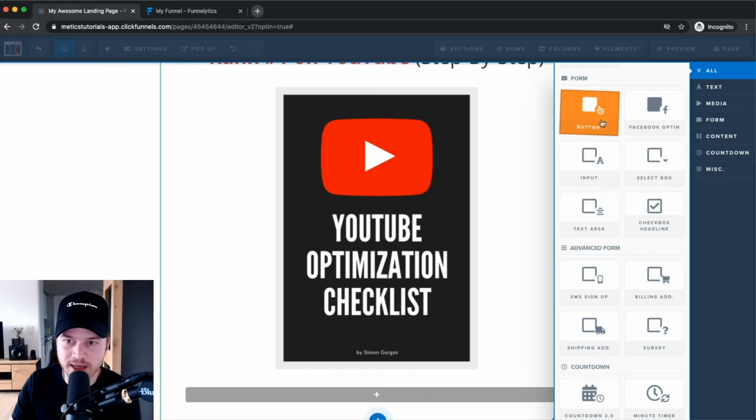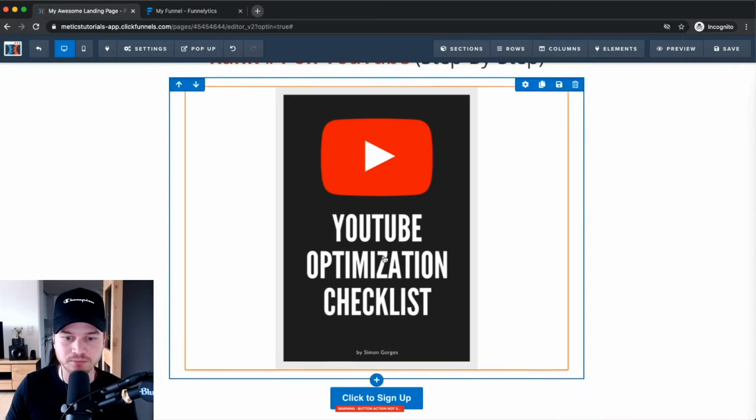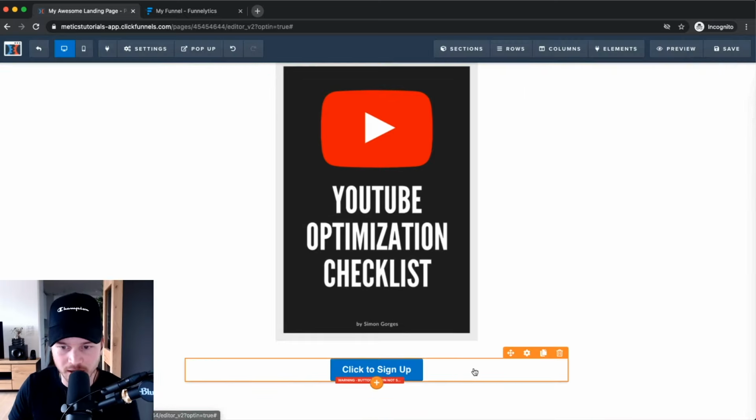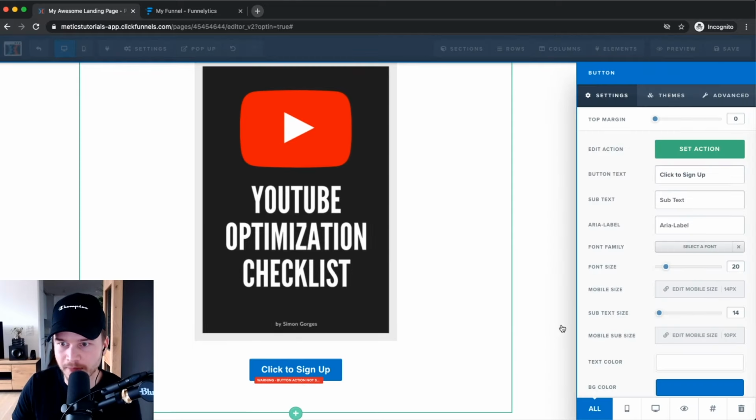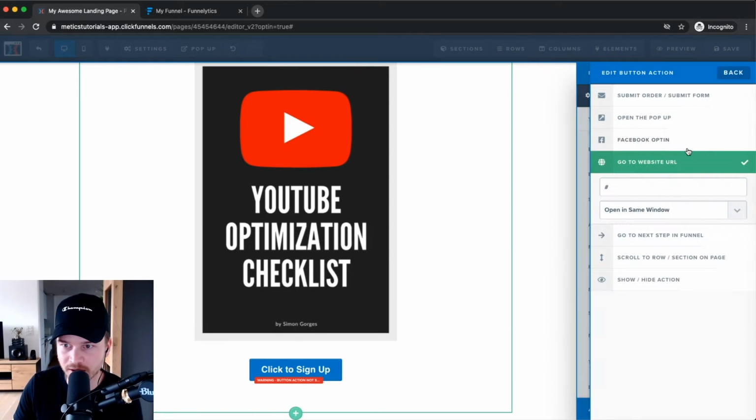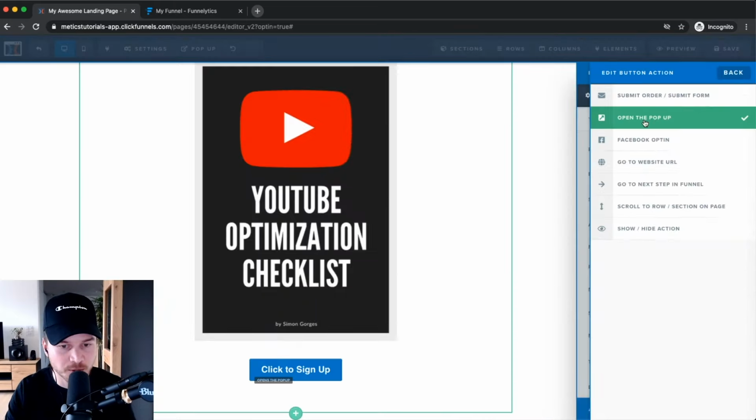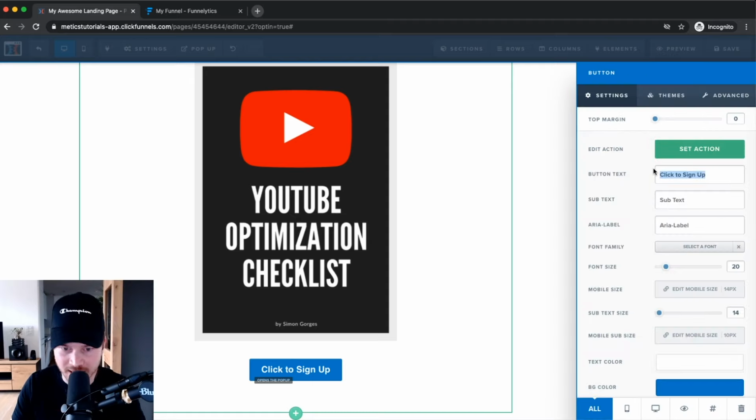So what I do is I add a button right here, and then go to the settings of this button and click on set action, and then make this open the pop-up. And then on this pop-up, I will ask for their email information. So let's go back here. We can change the text right here. So let's say download